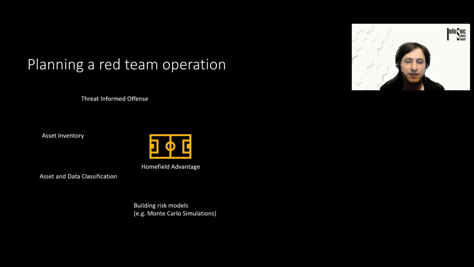And this is also when risk models or risk modeling comes into the picture, right? Understanding your home field, understanding the value of the assets, and then maybe doing predictions like Monte Carlo simulations. This is really, I think, where a lot more research needs to happen, that we use things like Monte Carlo simulations in security engineering, so that we can better predict uncertain events. What would happen if this happens? What is the financial impact?